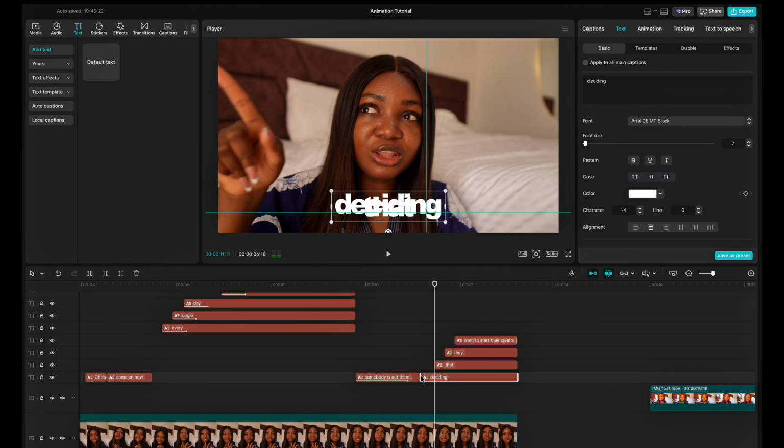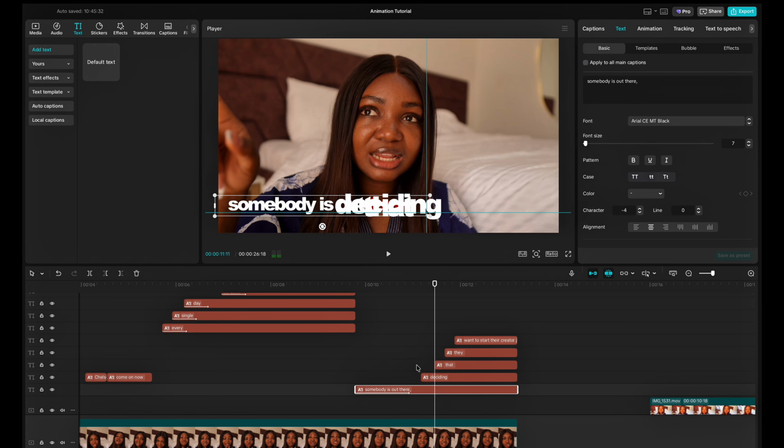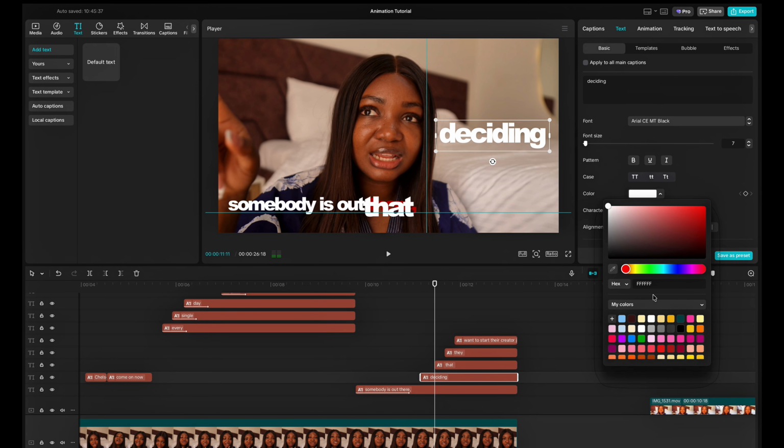Somebody's out there deciding. So I think this one as well should be on the screen at the same time. So we're going to put it on another layer and also extend it so that they all show at the same time. Come here, double click, Control V or Command V. Deciding